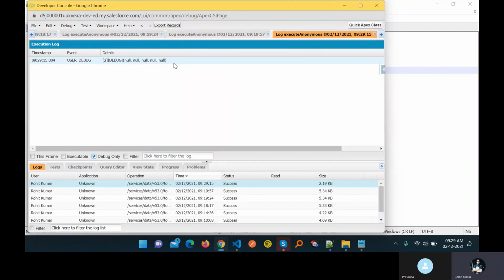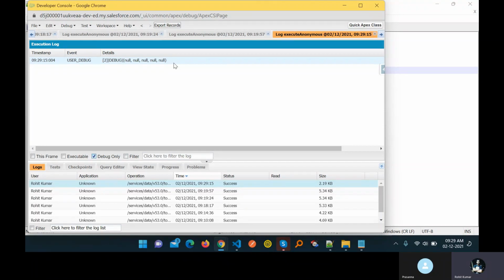Always remember, we already discussed in the demo session, if you don't initialize any value in Apex, the Apex engine automatically initializes the value as null.